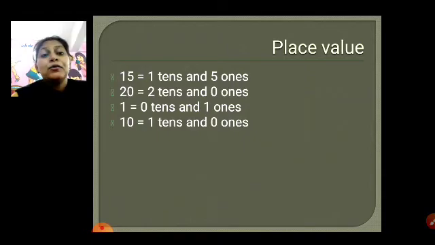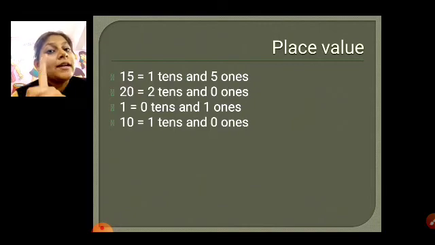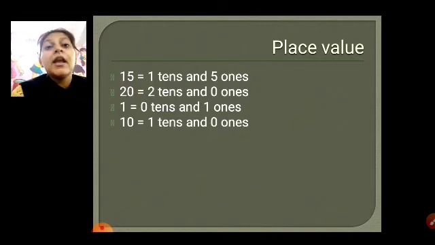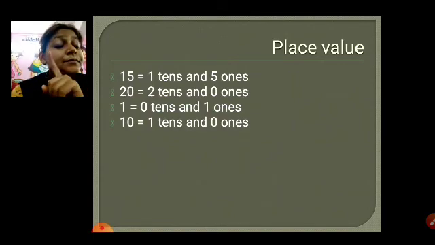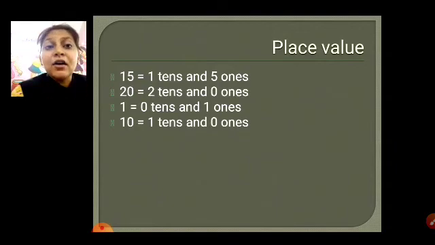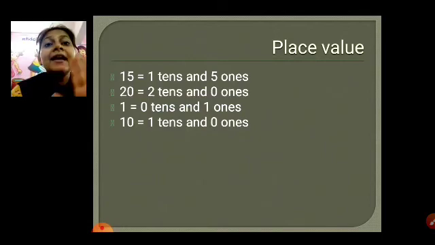Now place value, right? So you all know the place value of 2-digit number. You all know the 1-digit number and 2-digit numbers. 1-digit numbers are single numbers. These are 1 to 9, and also 0 is the 1-digit number, right? Now the number 10. So number 10, it means 1 ten and 0 ones, right? So here are the examples. 15. 15 is equal to 1 ten and 5 ones, because 15 becomes 10 plus 5. So 1 ten and 5 ones.